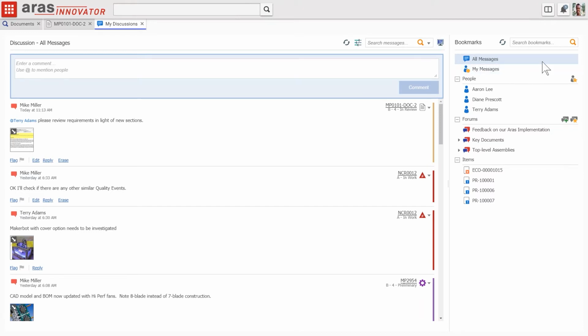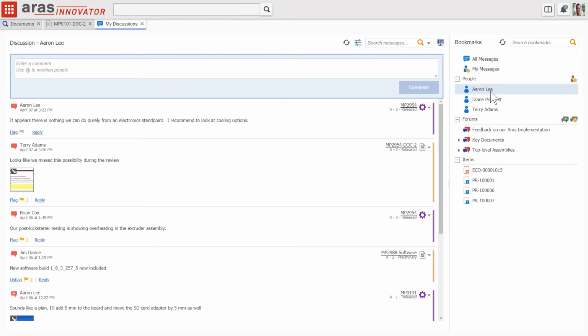So let's talk about bookmarks. We can search them, of course. We're looking right now at all the messages across the system. If Mike wants to look at messages that he wrote, he can go drill down into the item and trace the conversation back through, or take a look at that item right here. He can follow different people. So just the way you would on social media, he can choose who on his team he wants to follow, and those are up here.